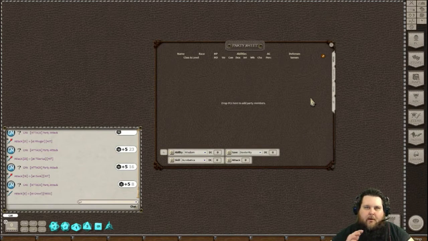So the party sheet, it has several nice uses. The first is it acts as an inventory manager, and it basically lets you see what your party has without opening up their character sheet. It will also allow you to allocate treasure that the party finds, where your players will not have to modify